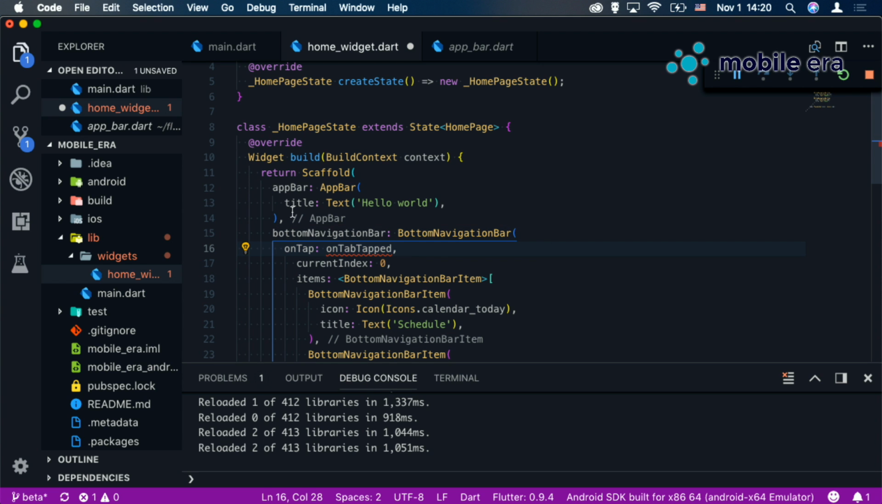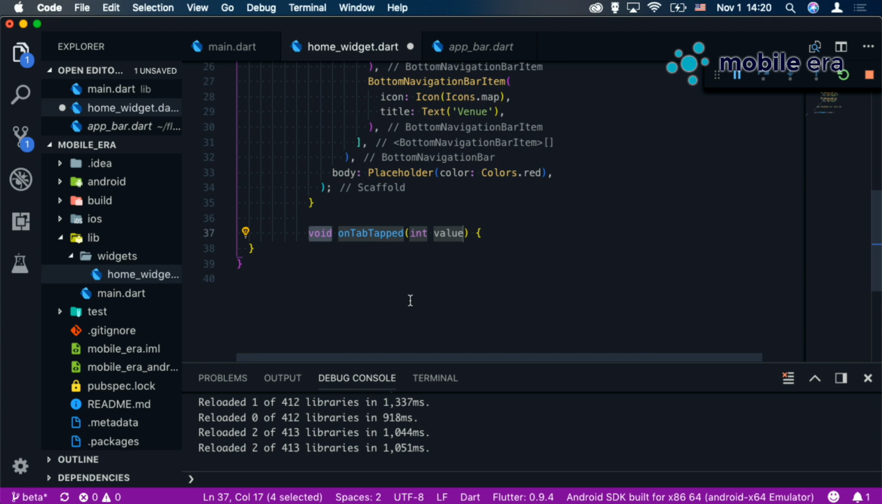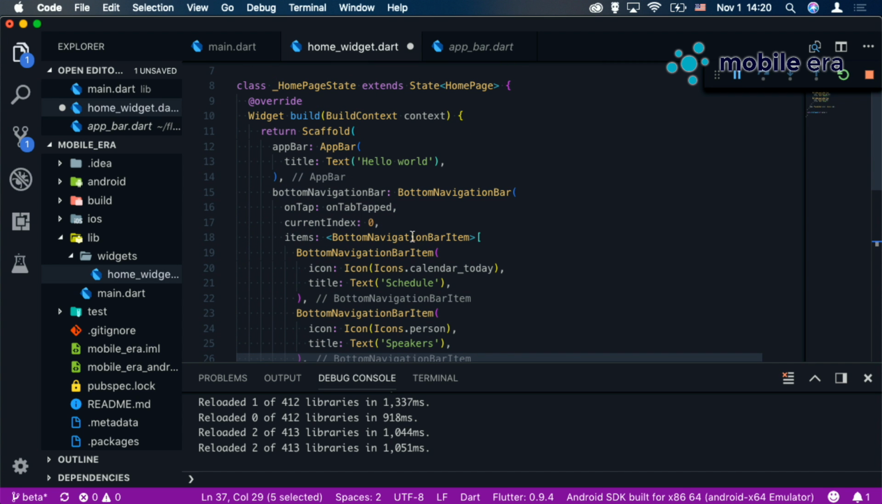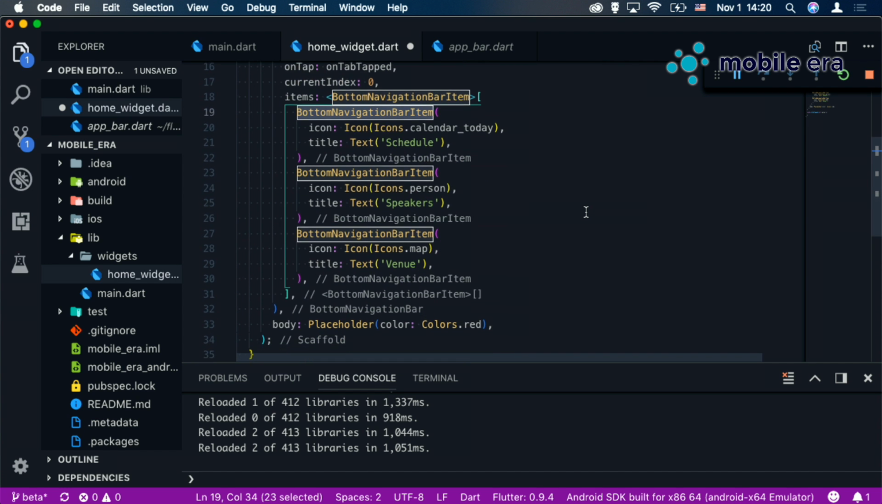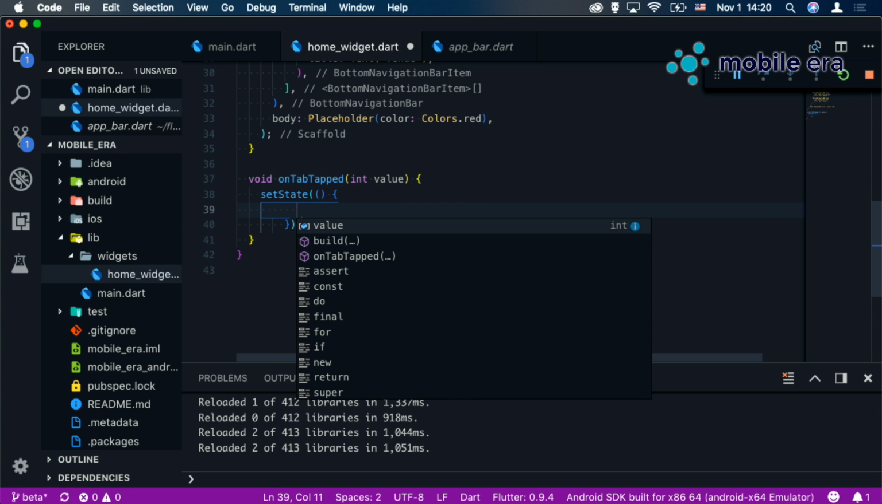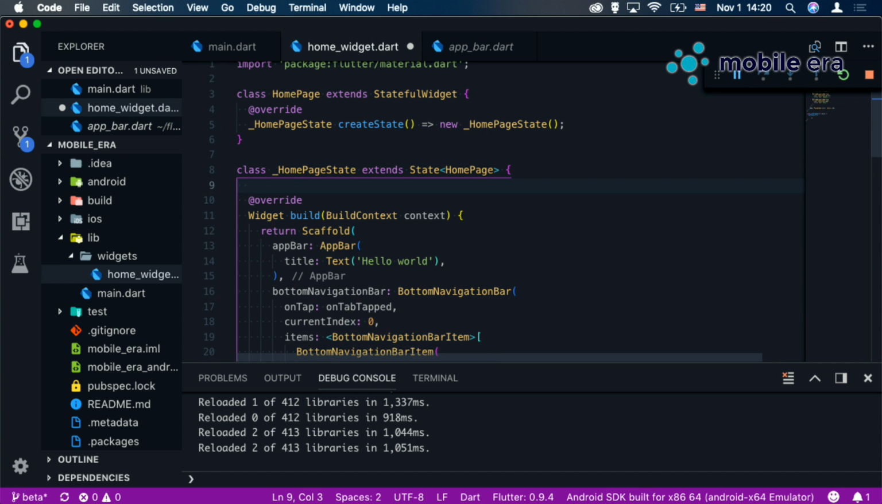So yeah, our bottom navigation bar has on top, and on top we can create some method. Sometimes it's a little bit wrong. Let's fix it. So this method accepts the index of the bottom navigation bar items we clicked. So actually we're going to just do set state, and yeah, we want to create some property here, like